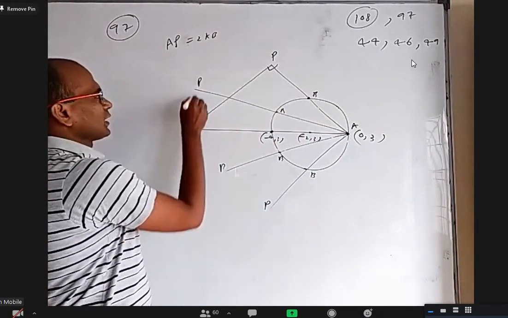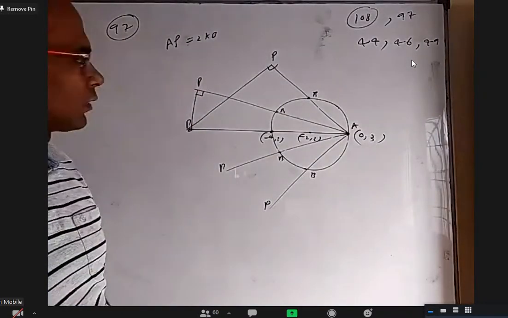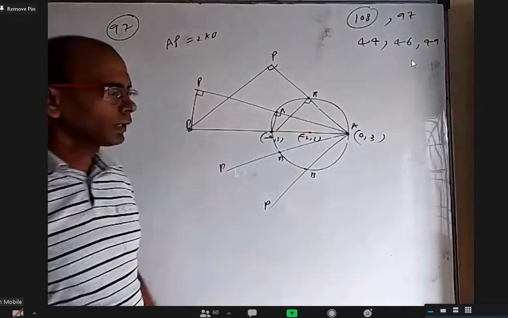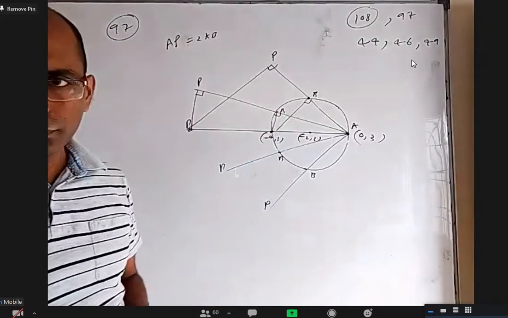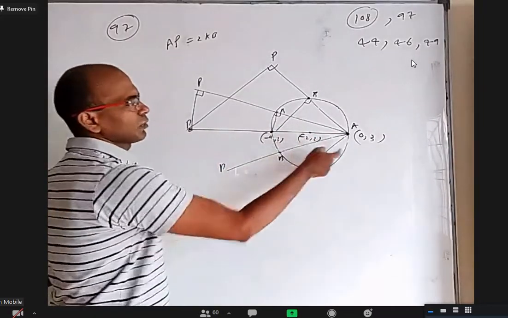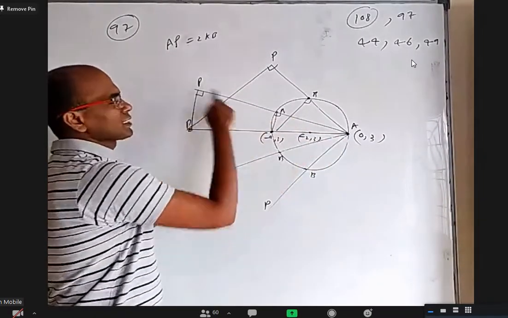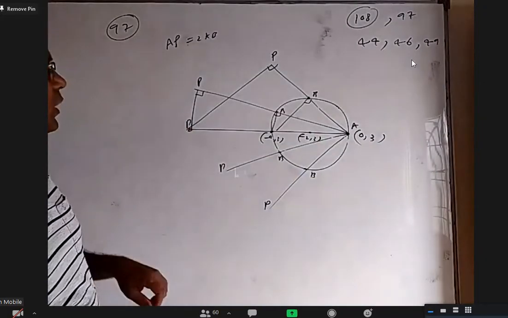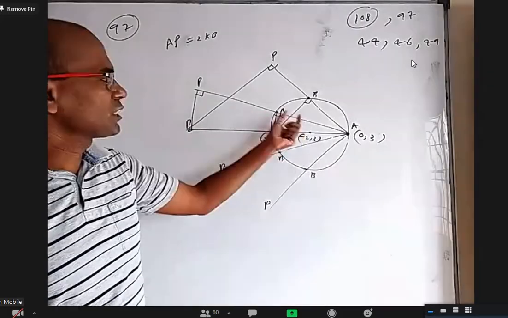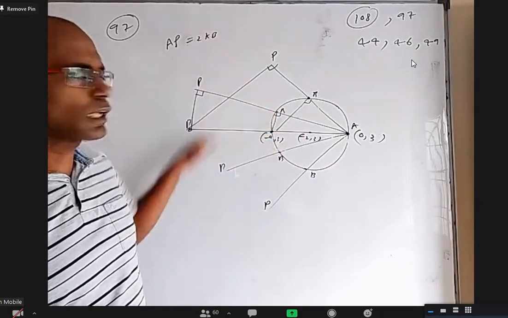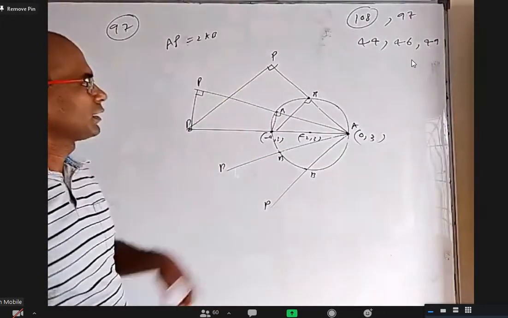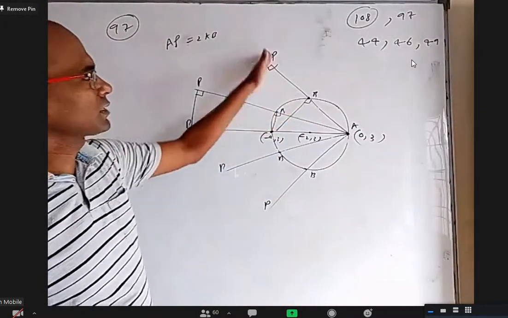Why is this angle 90, this angle 90? I can prove it. Because this angle is 90, angle in a semicircle is 90, right? Next, this length is double of this length. So this triangle and this triangle are similar triangles. If they are similar triangles, these and these are parallel, based on the basic proportionality theorem. If this by this are the same, this and this are parallel. Now, if this angle is 90, this angle has to be 90. Similarly, if this angle is 90 and these two are parallel, this angle should be 90.